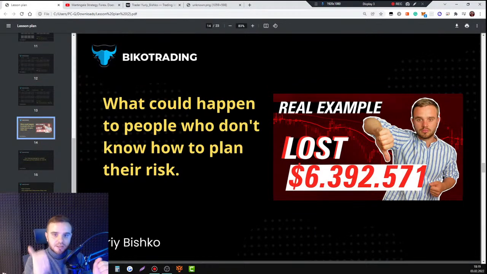From the first side, you protect your account. From the second side, whatever your win rate percent is, however many trades hit your take profit, you still make money even with a small percent. Not even 50, we discovered 30%.